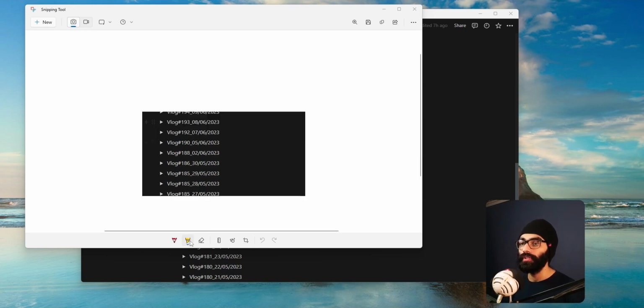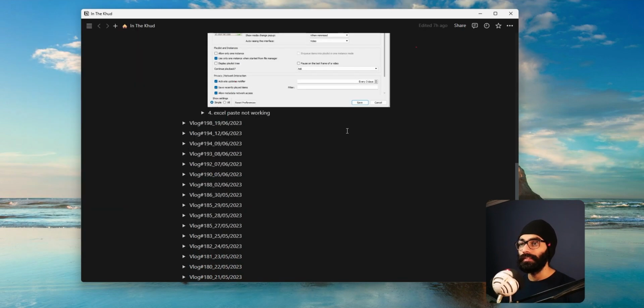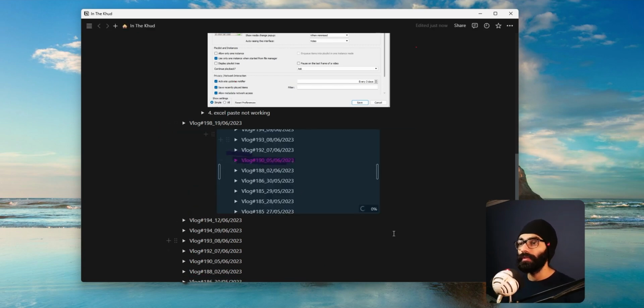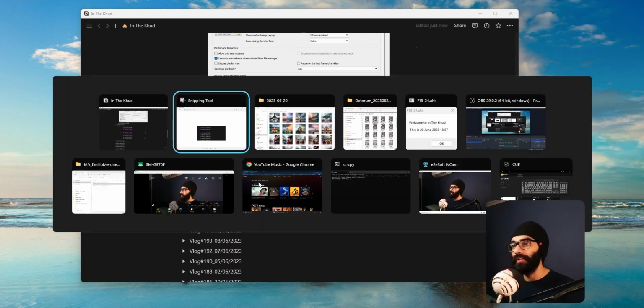And then what you can do is take the highlighter, whatever color, and this is a very bad highlight. But the point that I'm trying to make here is, now that this is done, this is automatically saved in your clipboard. So if I paste my clipboard, that change comes with it. You don't have to come in here and